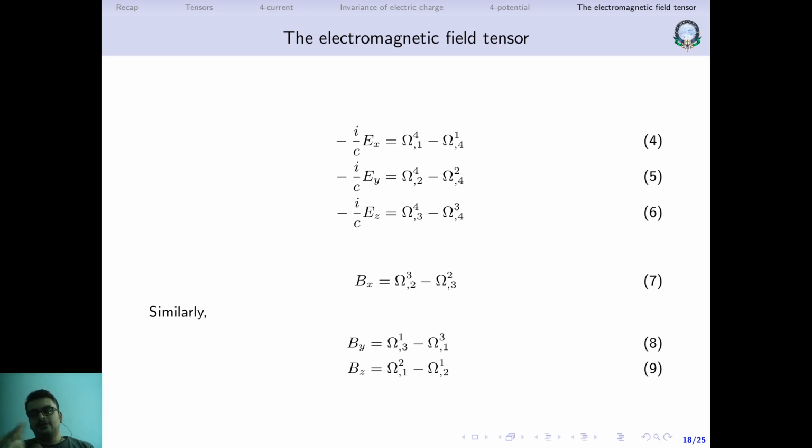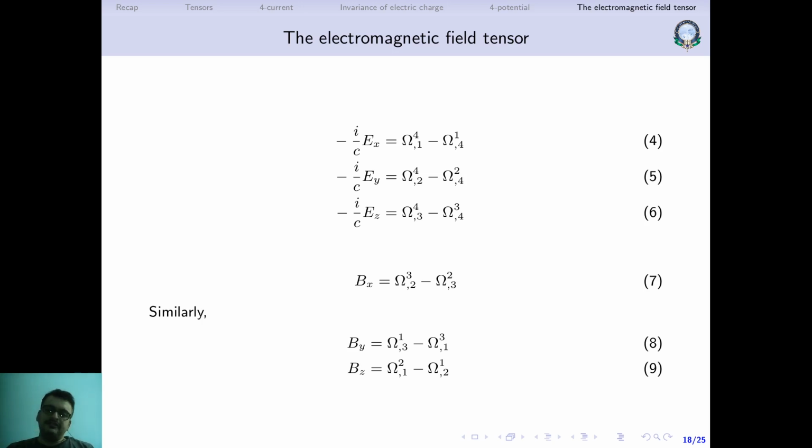Out of this 12, 6 will be in the upper triangle, and the remaining 6 will be in the lower triangle. So what we'll do is we will make these two negatives of each other. Effectively, it means we are having only 6 components, because whatever components are there in the upper triangle, the lower triangle is just the negative of that. So from 16 we can come down to 6 unique components like that.